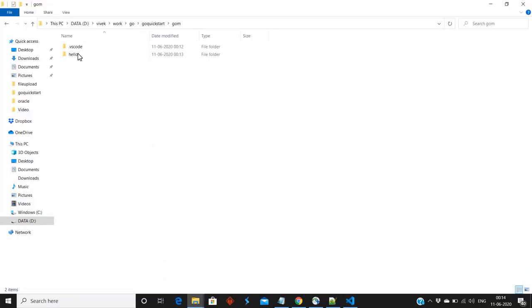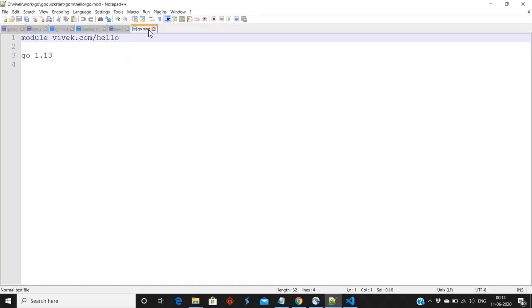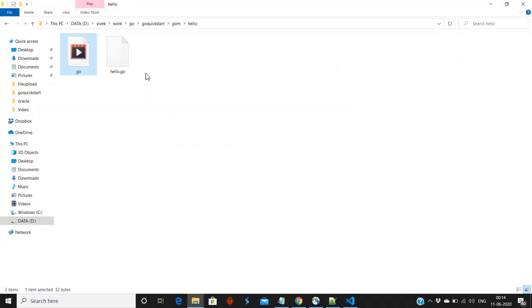If I check the folder structure, this is my mod file and this is my go file, and there is no exe file. So how is my code running?